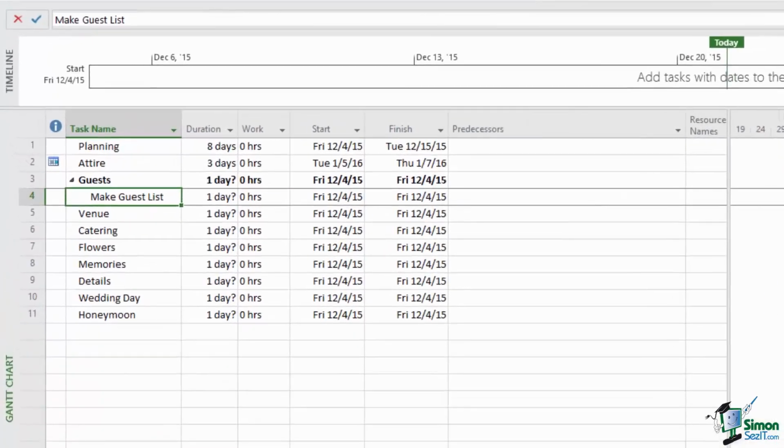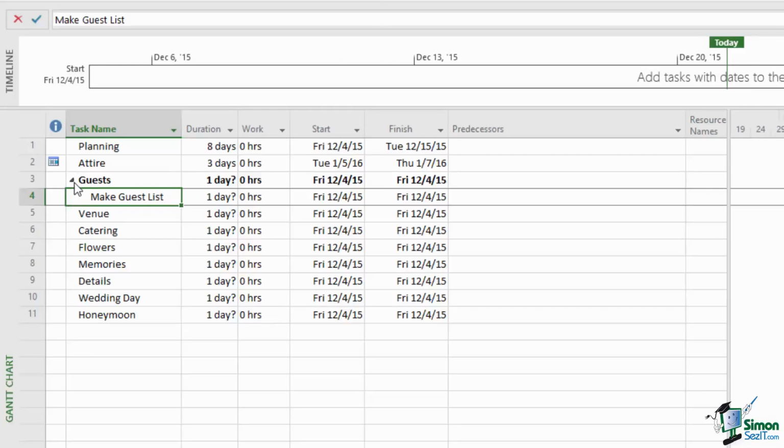Now, not only does Make Guest List get indented, and that clearly indicates that it is a subtask of guests, but a number of other things happen as well. One of them is that guests becomes bold, indicating that it is a summary task, and it also gets a tiny little wedge next to it, and we can use that wedge to expand and collapse the guests summary task.